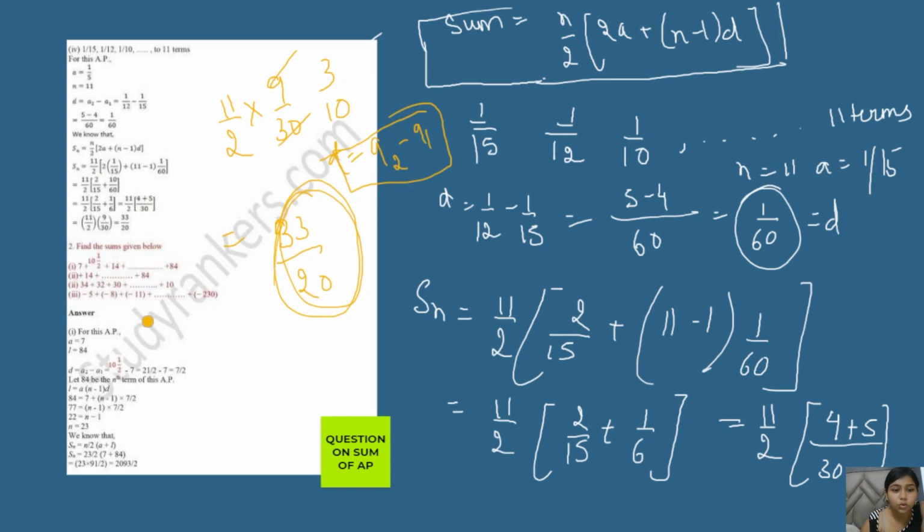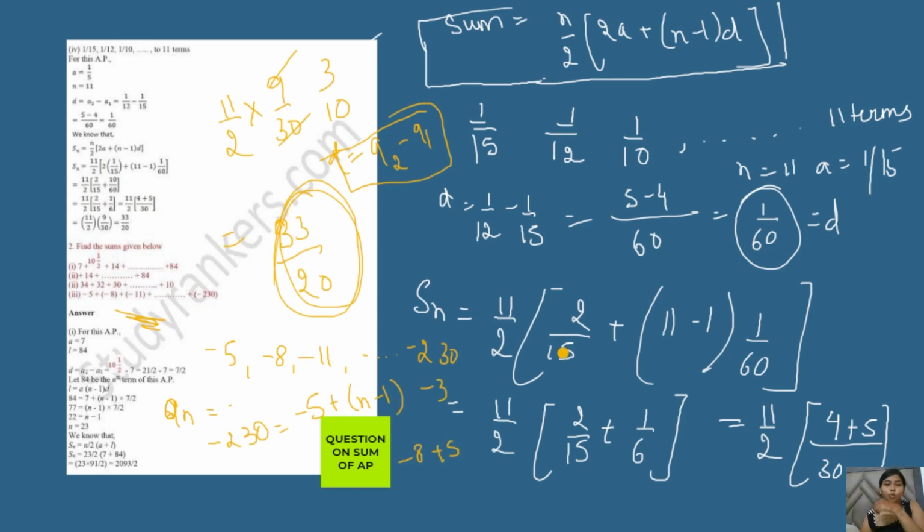Similarly, here also certain things are given. So in this particular question, let's have a look here. Minus 5, minus 8, minus 11 till minus 230. This is the AP. So in this particular case, the last term is given. You can apply this formula. The number of terms is not given at all. So first of all, you have to find out the number of terms. In this particular question, An is minus 230 equals minus 5 plus n minus 1. D will be minus 8 plus 5, that is minus 3.